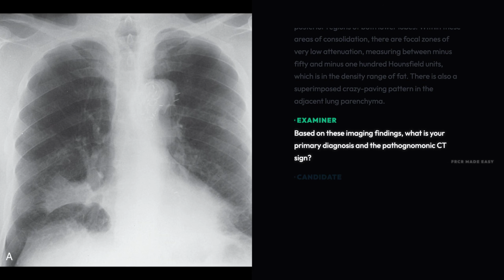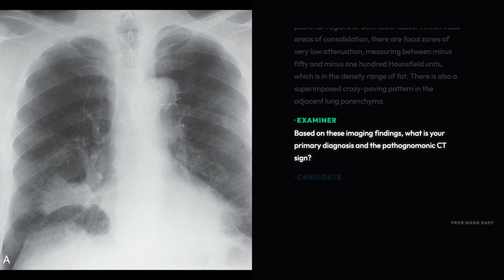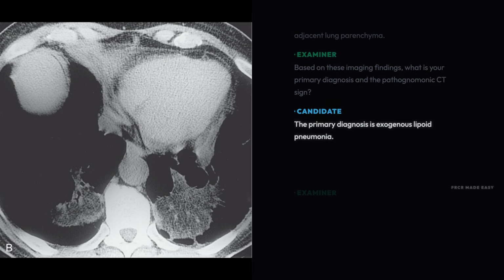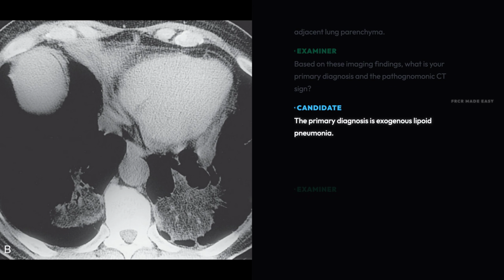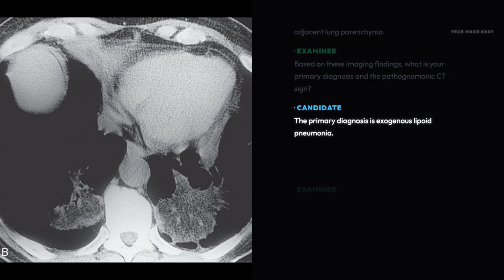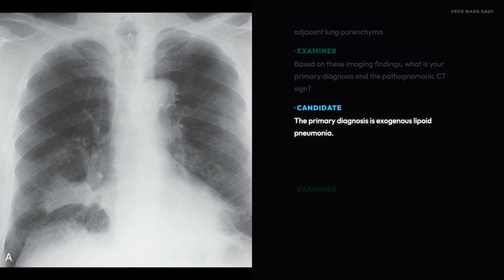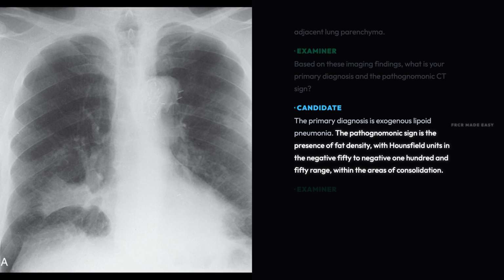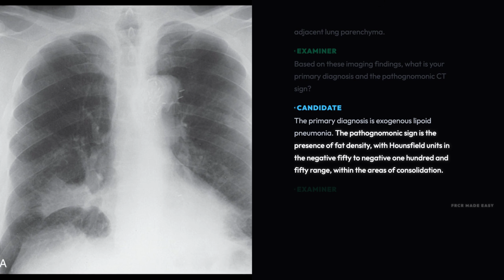Based on these imaging findings, what is your primary diagnosis and the pathognomonic computed tomography sign? The primary diagnosis is exogenous lipoid pneumonia. The pathognomonic sign is the presence of fat density, with Hounsfield units in the -50 to -150 range, within the